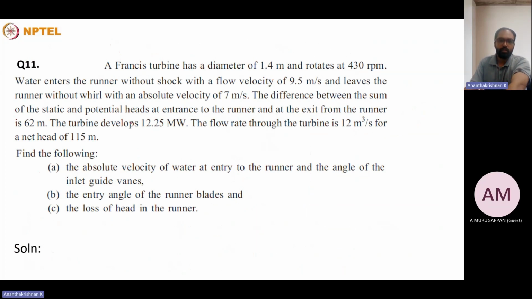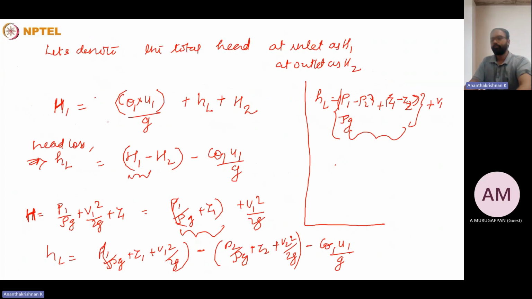In this particular problem, the difference between the static and potential heads at the entrance to the runner and the exit is given as 62 meters. So the pressure head and the elevation head, static plus potential heads, the difference between the inlet and the exit is given as 62 meters. Then there are the velocity heads, the dynamic terms, based on the kinetic energies: V1 squared minus V2 squared divided by 2g